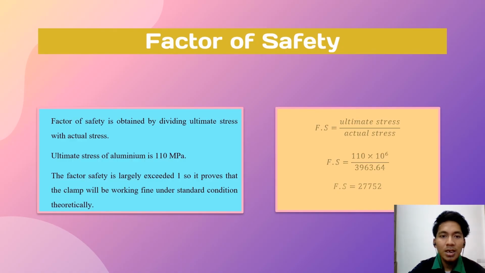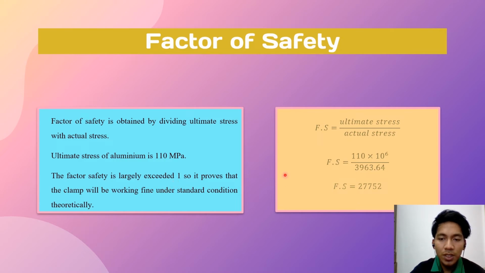The next one, we will go to the factor of safety. So in this section, the safety factor is calculated by dividing the ultimate stress by actual stress. Aluminium's ultimate stress is 110 megapascal. Because the factor of safety is considerably greater than 1, the clamp should theoretically perform fine